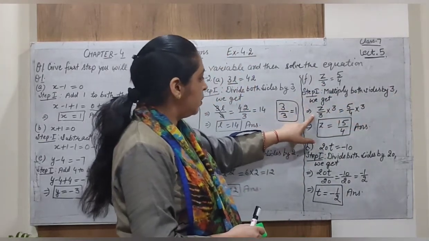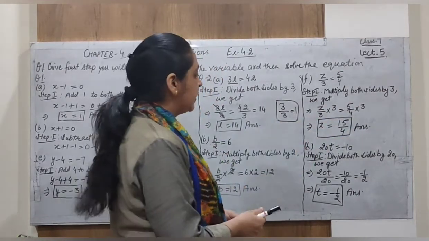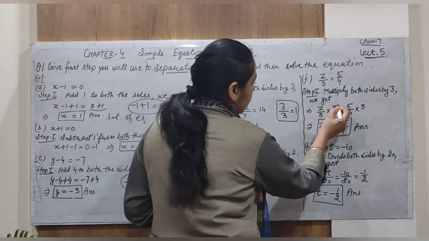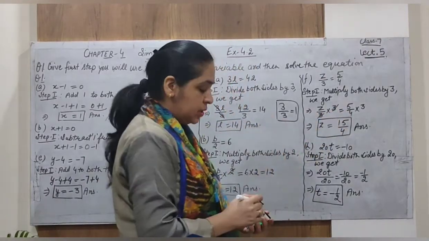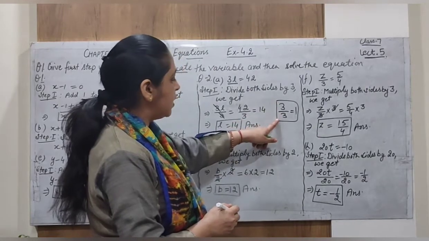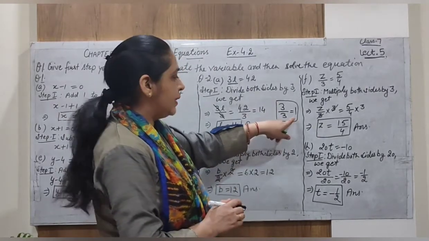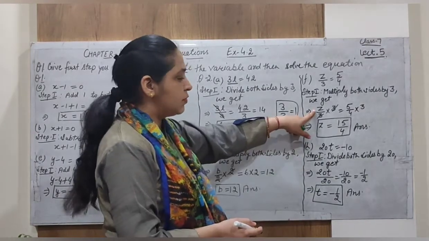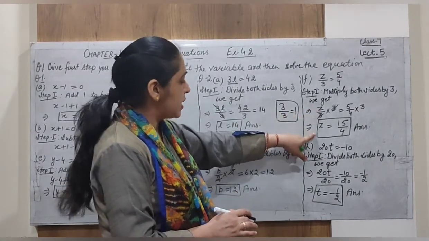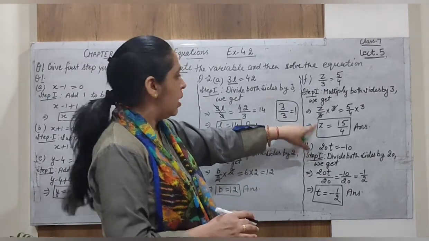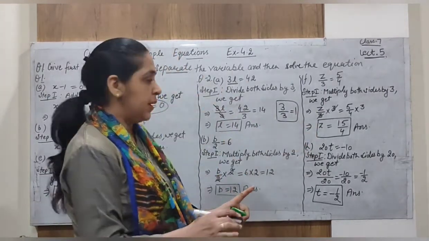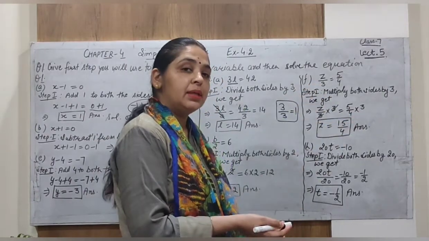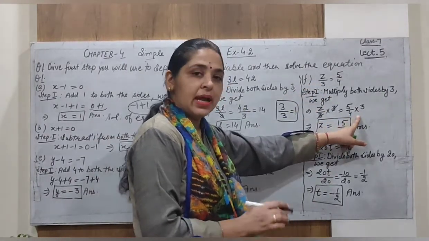What do we get when we multiply both sides by 3? On the left hand side, this 3 is cancelled out with the 3. As you have seen, 3 divided by 3 gives us 1, and there is no need to write 1 again and again. So we are just left with the variable. So the left hand side only deals with the variable when the variables are separated. Alright, and the changes to the constants in the equation happen on the right hand side.